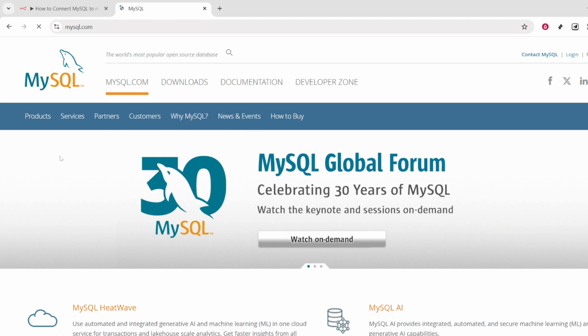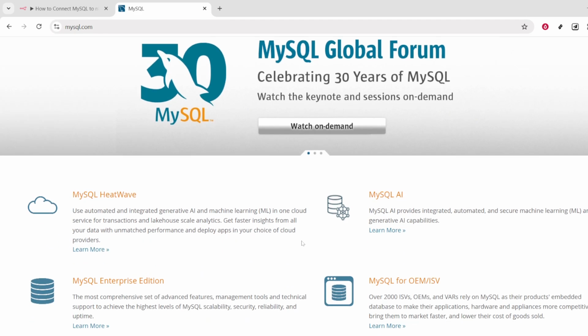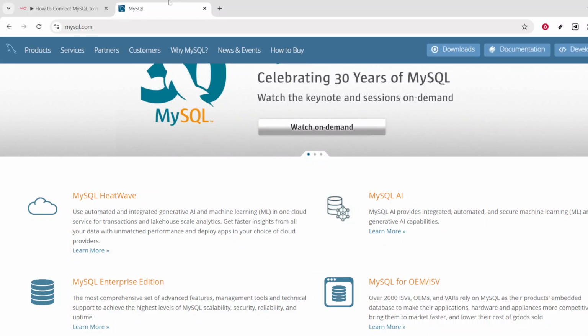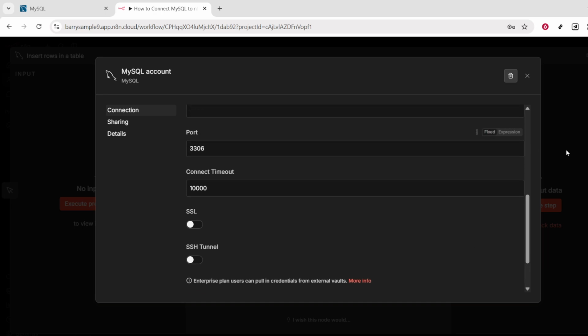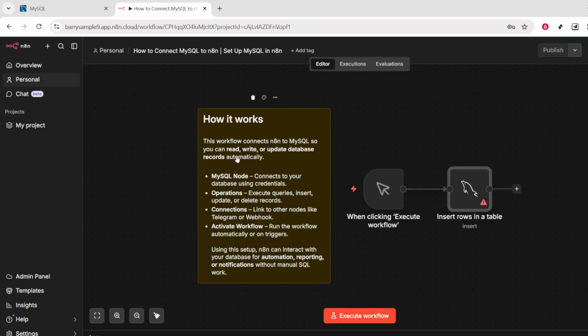If you're writing a query, enter it directly. For example, you can run SELECT * FROM customers to fetch all customer records, or UPDATE orders SET status = 'processed' WHERE id = 123 to update a specific order. In dynamic workflows, consider using n8n expressions to reference incoming data safely and test on sample data before applying changes